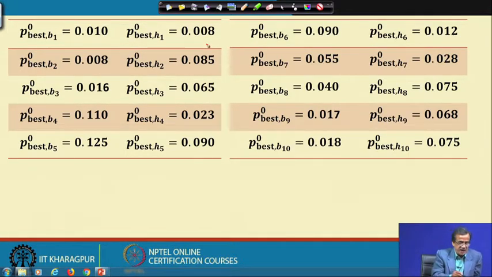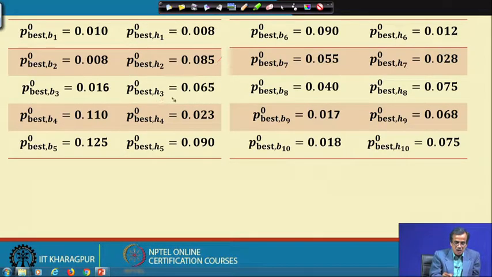Similarly, Pbest,B2,0 is 0.008, Pbest,H2,0 is 0.085, and Pbest,B3,0 is 0.016.